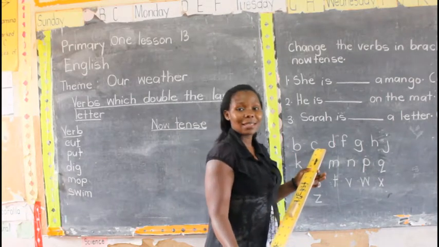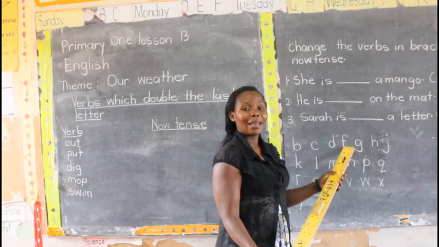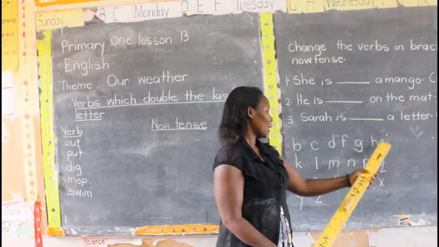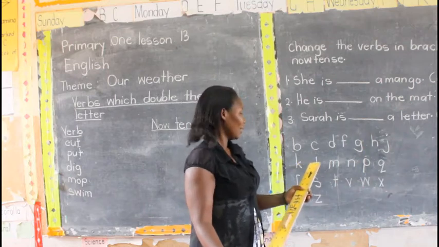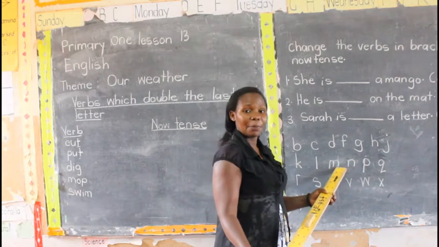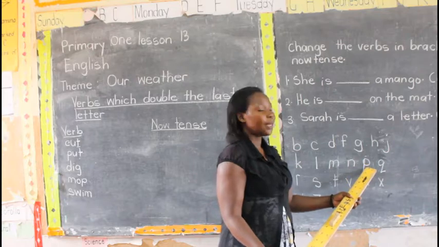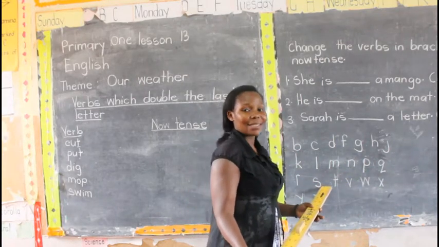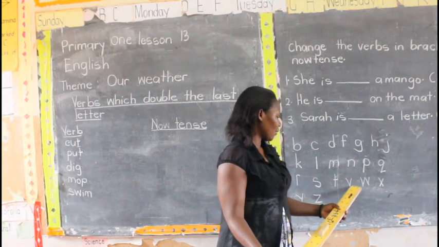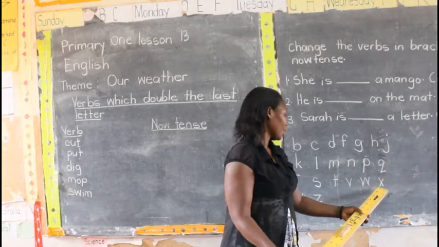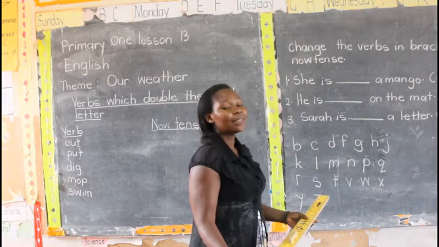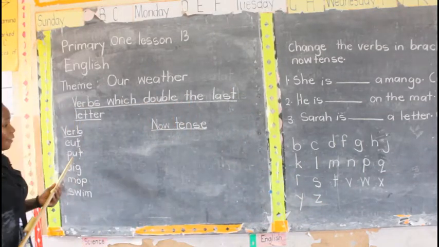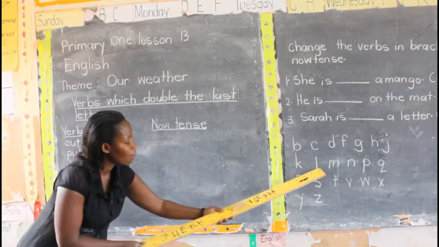B, C, D, F, G, H, J, K, L, M, N, P, Q, R, S, T, V, W, X, Y, Z. Here, they are telling us that a verb, when the last letter is one of these letters,